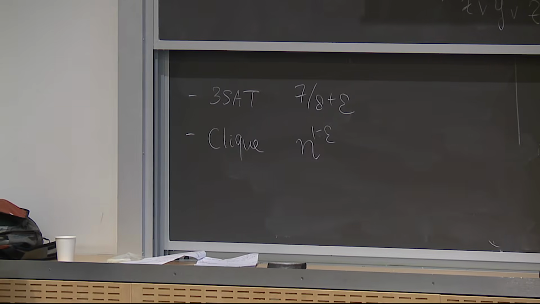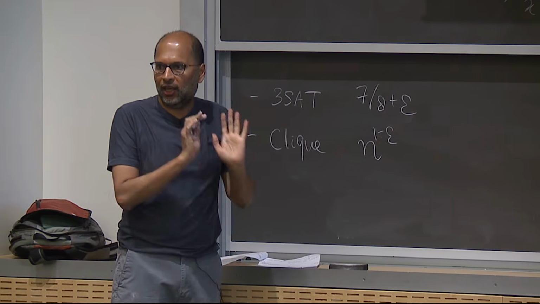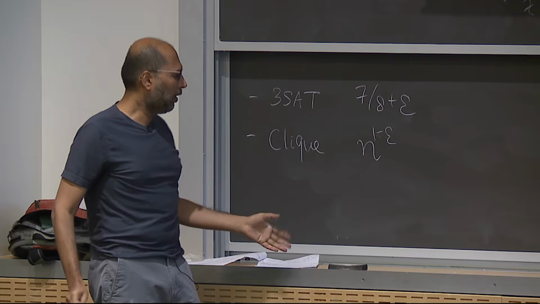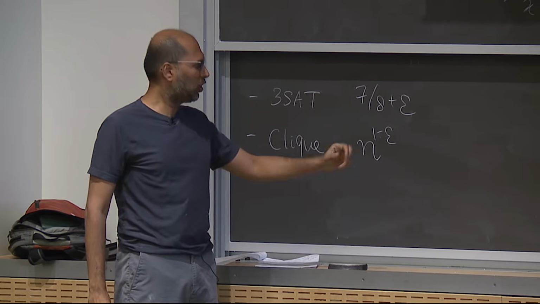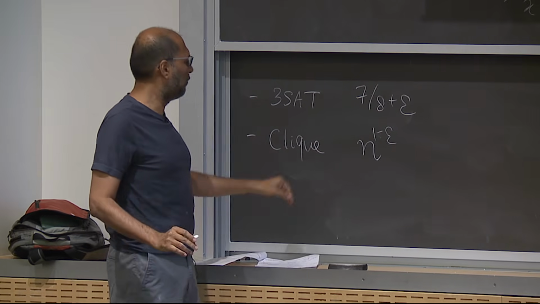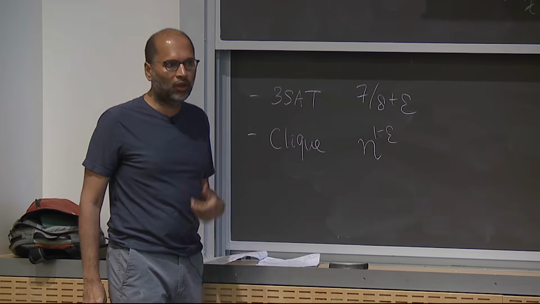Now, clique is not a CSP, or a constraint satisfaction problem. This whole methodology is tailored for CSPs. However, it turns out you can prove a certain result for CSPs which then, not in a difficult fashion, implies this n to the 1 minus epsilon for clique. Now, what's that CSP?